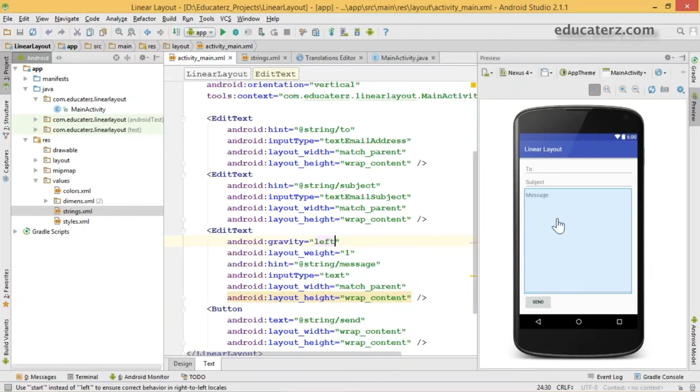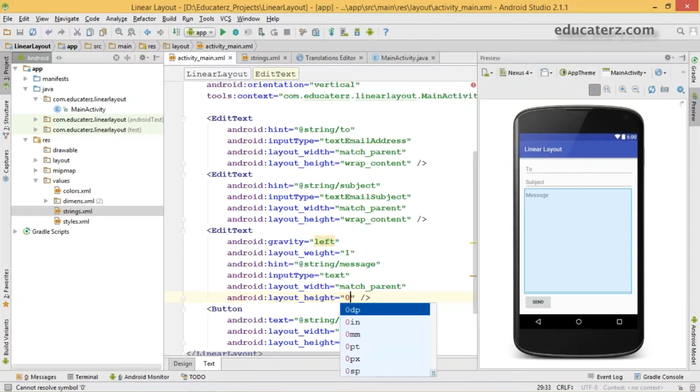Save this. If you observe in the preview, the message hint has been moved to the top corner. Here it is showing a warning. When you are dealing with vertical orientation and using weight, the height must be 0 dp. So change it to 0 dp and save it.